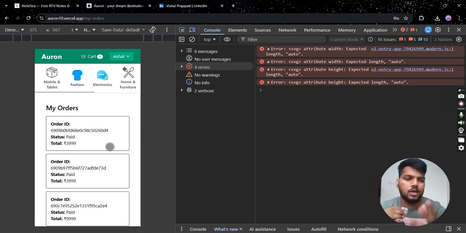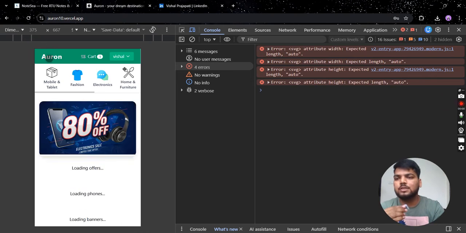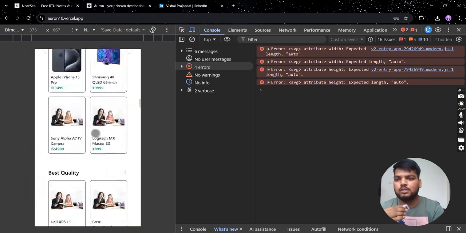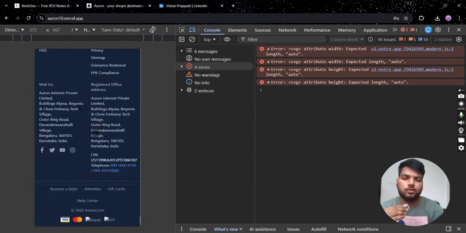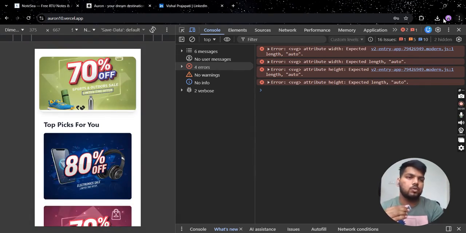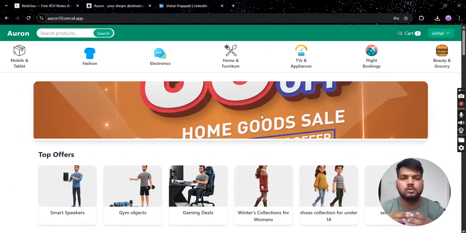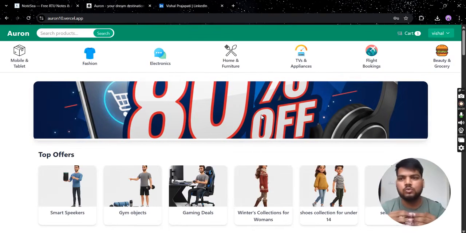In this we are adding one more thing, which is cash on delivery. So this is basically the e-commerce website and this is its UI. It is totally responsive for mobile and for desktop. So tell me how